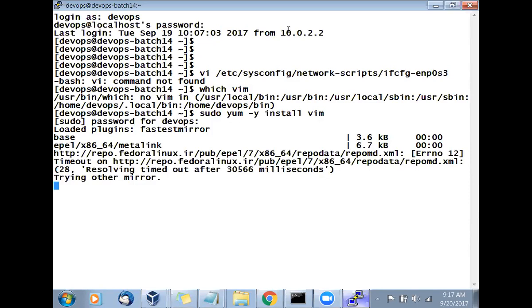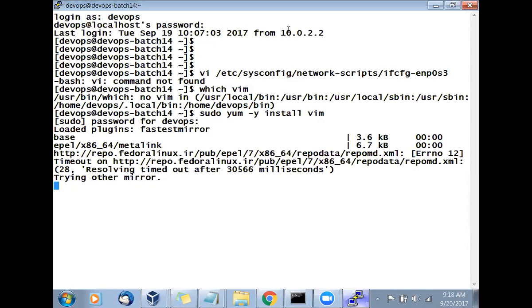You have to open the file, make the changes, save the file, open the file, make the changes, save the file. So a lot of activities you will do with the vi editor. So you should be very, very good at it. We will see that in a couple of moments.